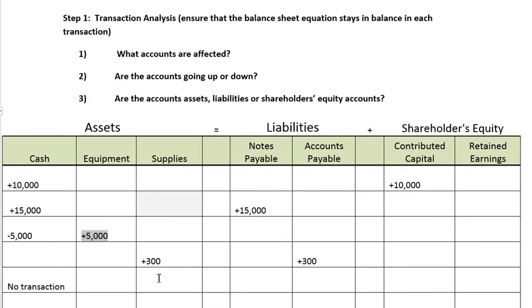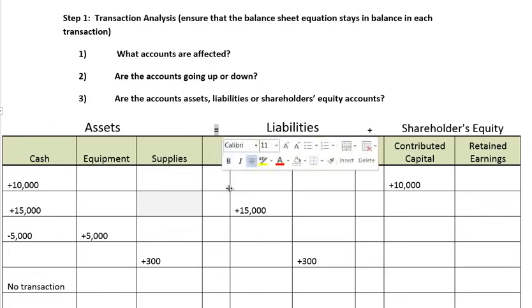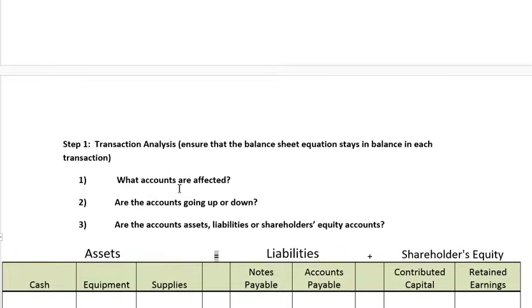So at net, the left-hand side of the equality, technically, in terms of the net asset balance, hasn't changed, because an asset went down by $5,000 and an asset went up by $5,000. So the net effect on the asset side is zero, and there were no liability and shareholders' equity accounts affected, so we're good. Now let's look at the next transaction.